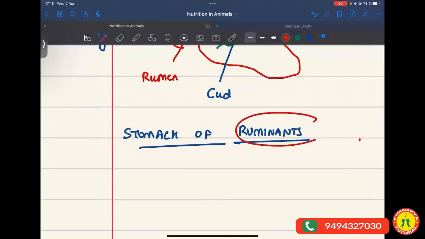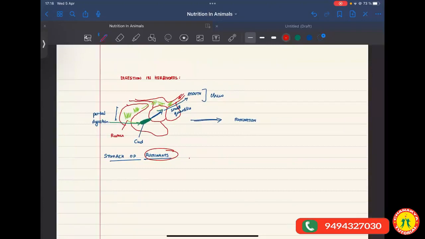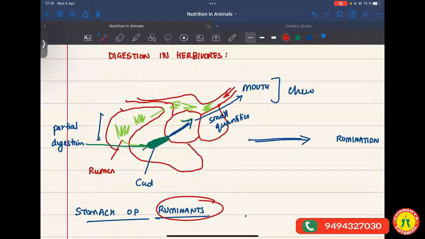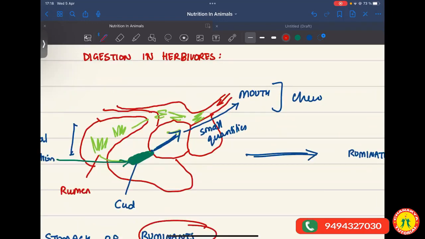This is the term that you use for cows and buffaloes and everything. They're called ruminants. Why are they called ruminants? Because they chew their food twice, that is after converting it into a cud. So this grass that they eat,